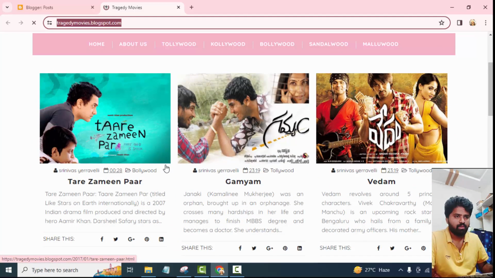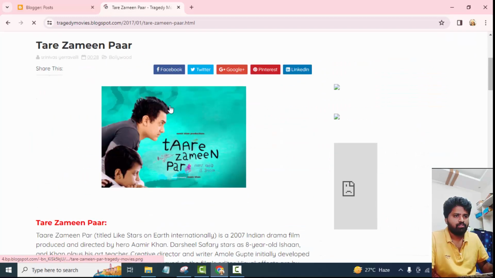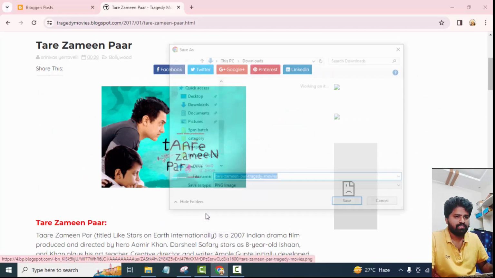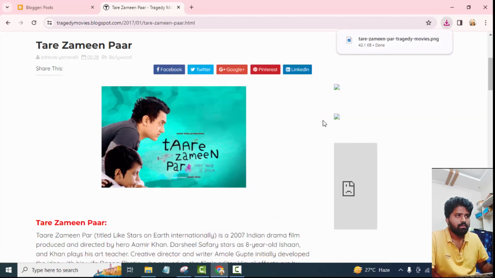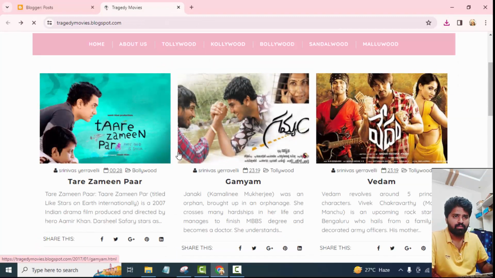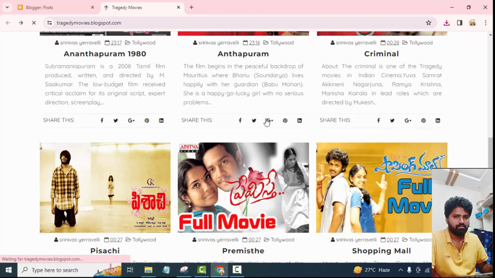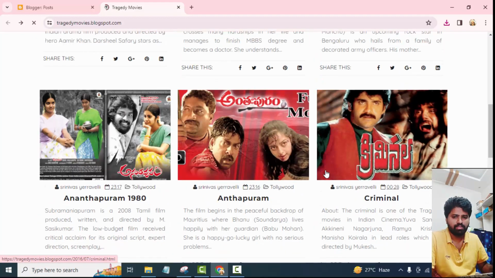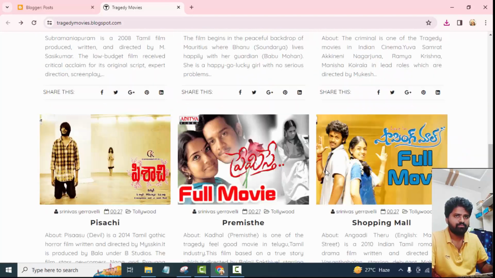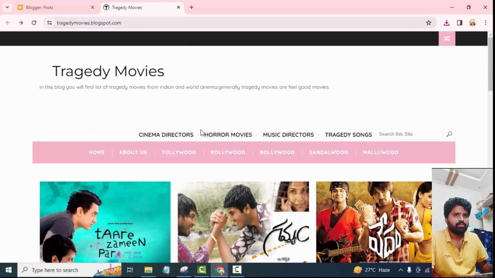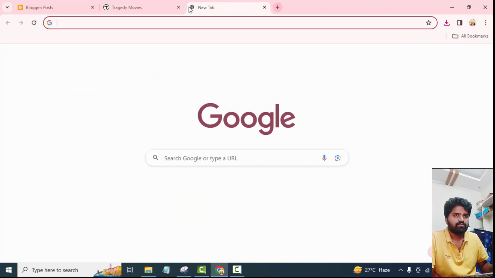Then how? For basic downloading of any image, you just select the image, right click, save image. But it takes so much time because there are so many images, not a single image. I want to download all these images easily and fast with a single click. Then how? Before that